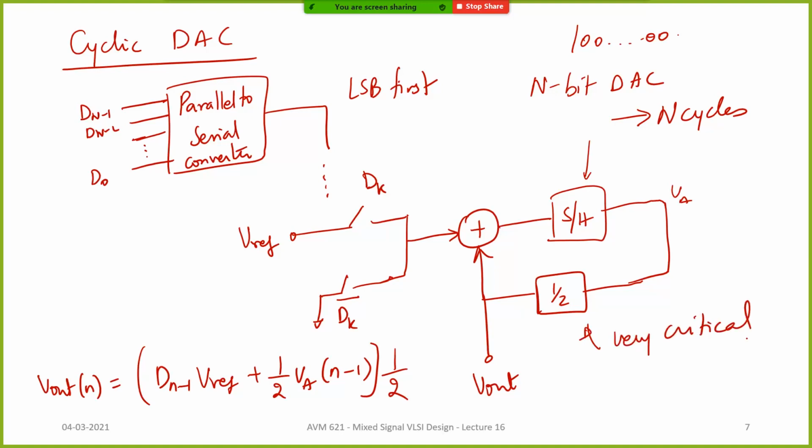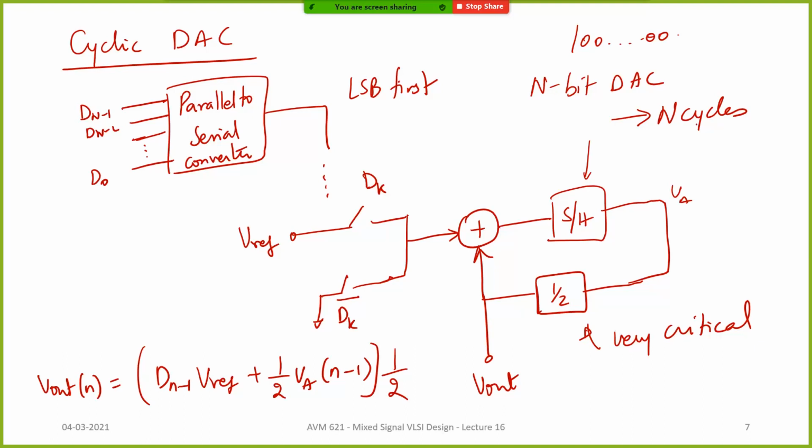If you don't do a proper divide by 2, what will happen? You'll end up with DNL errors and INL errors, right? So of course the sample and hold and all these things are there. Now if you don't want this delay, or let's say if you will get the output only for,